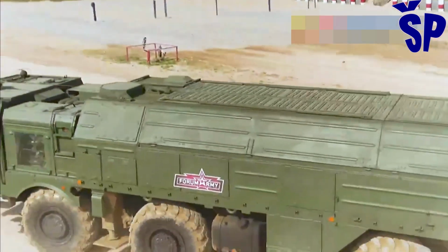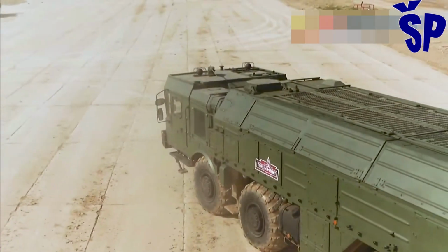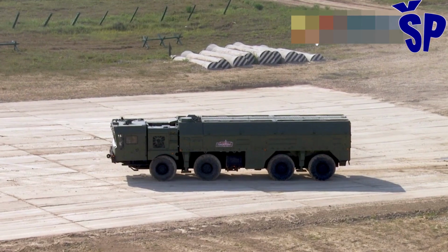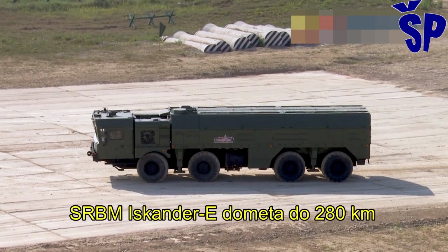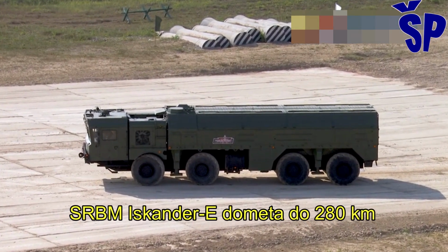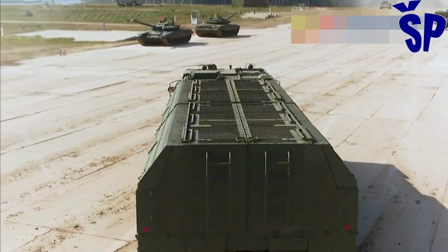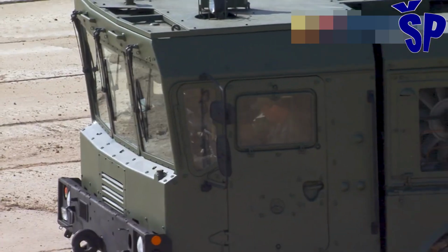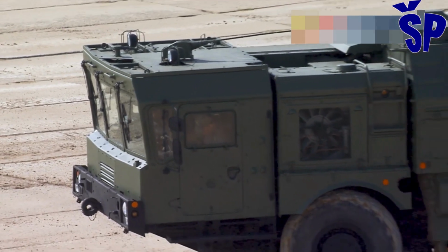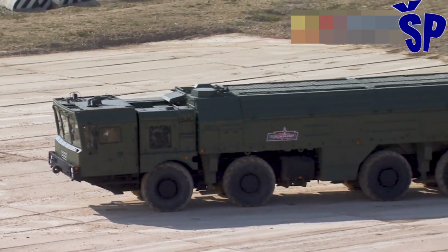And now, as the Malka self-propelled guns are leaving, here comes the next system taking the stage: the Iskander short-range ballistic missile system. The Iskander is designed to effectively destroy high-value pinpoint and area targets in the tactical depth of the enemy. It is capable of handling missions in all theaters of operation in any weather, any season, day and night, with